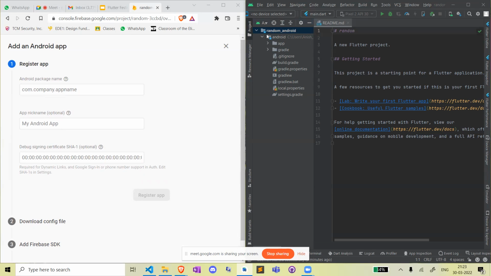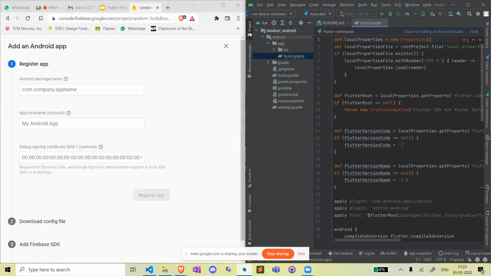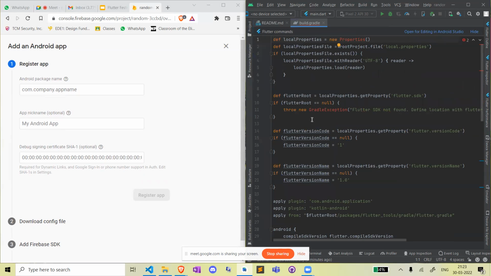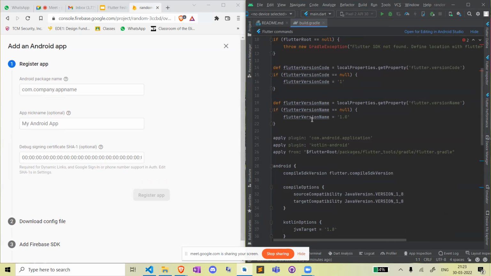So I would show you what is to be done, and I'll share the recording. So first thing you do, under the Android section, there is this app folder. Just open it up and go to the build.gradle file. So here, if you scroll down a bit,